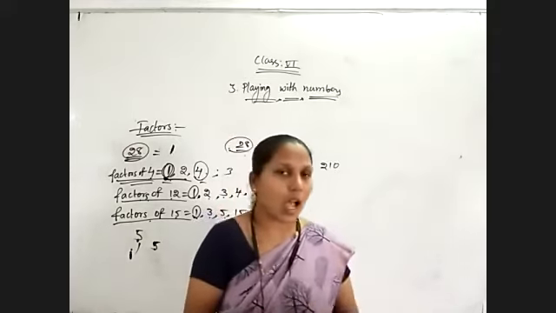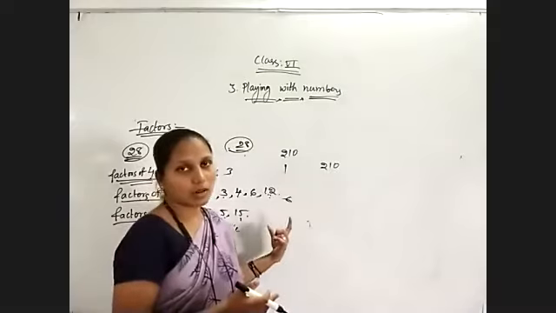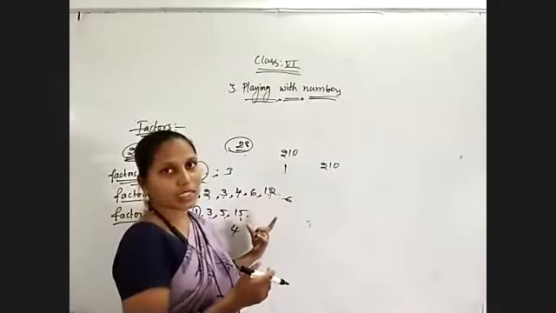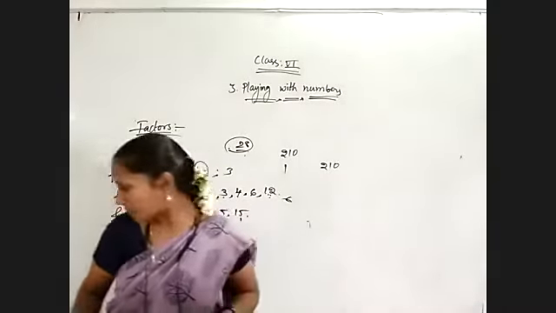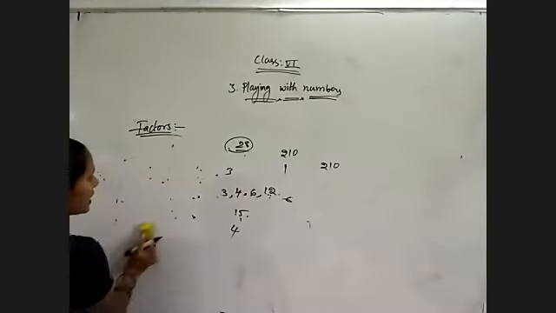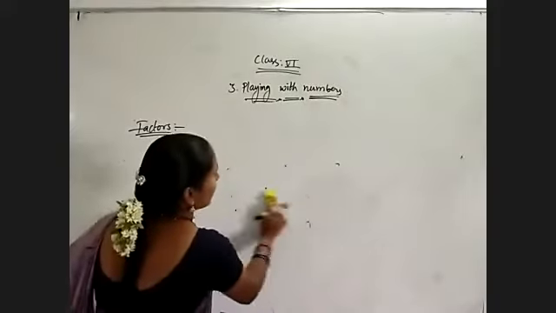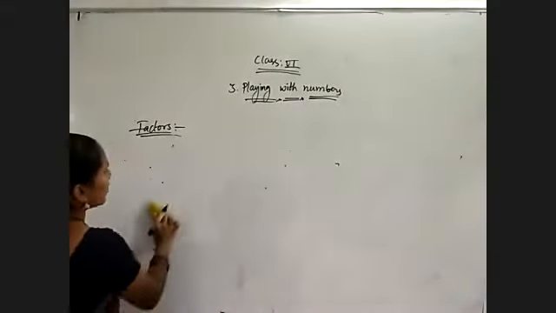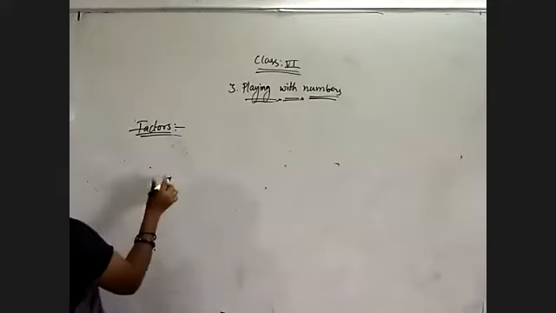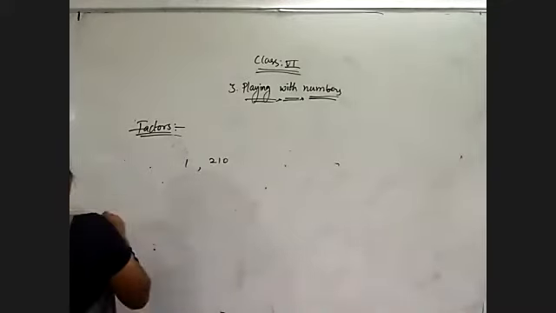Okay. Now after that, factors are countable, a finite number. We are able to count how many factors are there. Now, instead of writing this, I am writing factors of 4 in another way. So this is a very simple way to list the factors. So now what I told, 1 and 210 I gave. Sorry, 210 I gave.